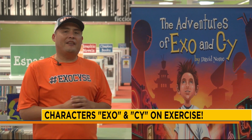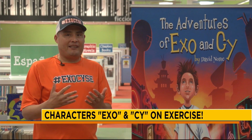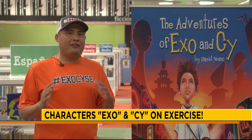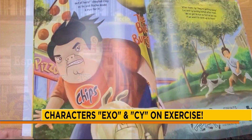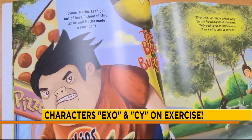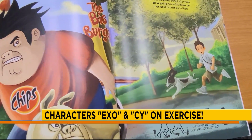Exo and Psy live in a town called Obesity, where the mayor is Diabetes. And in this first book, she's sending out her henchmen, Chip and Nacho, who represent potato chips, to steal everybody's healthy snacks. But that is until Exo and Psy have something to say about it. And the adventure begins, and we start doing all these wonderful exercises and try to stop Chip and Nacho from